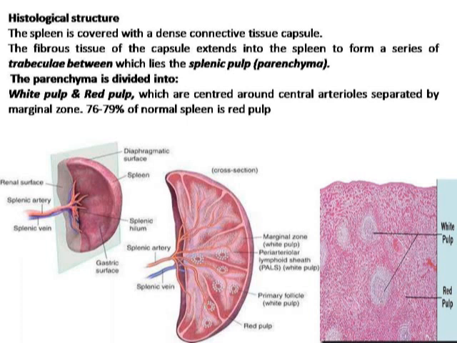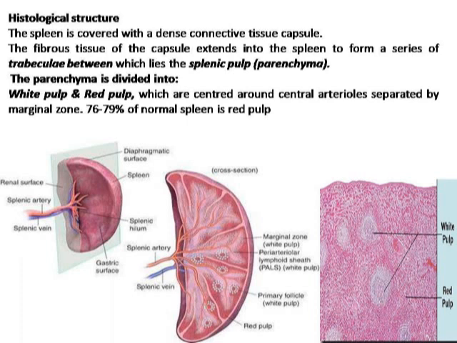And at the level of the hilum, the capsule splits into several septa called trabeculae, which penetrate into the parenchyma of the spleen and partly divide its tissue. Like every other organ, the spleen consists of stroma and parenchyma. The stroma of the spleen is composed mainly of a network of reticular connective tissue,